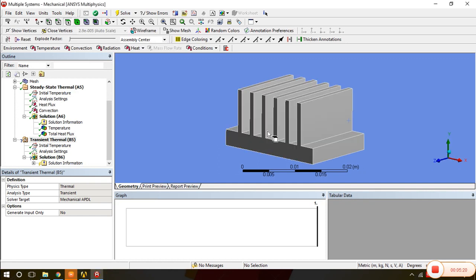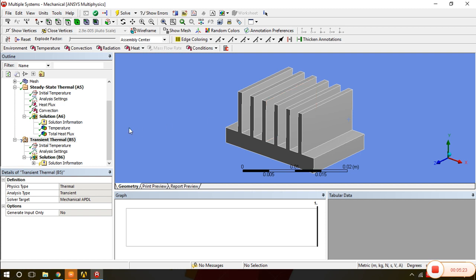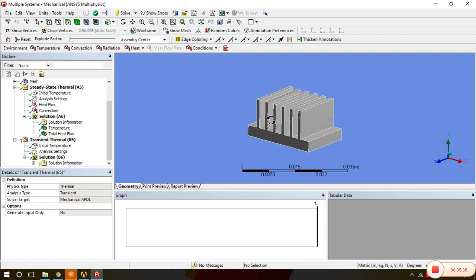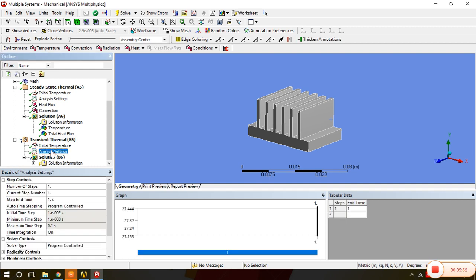Now we are once again in the ANSYS Mechanical, but one thing you will observe is that the transient thermal is now below the steady state thermal. So few data of steady state thermal is shared to the transient thermal analysis. What is meant by transient thermal we have discussed earlier. Here we have to provide the time. We are saying that we will provide the heat flux with respect to time, and for that we need to make a few changes in the analysis settings. So we'll see what kind of changes we have to make.